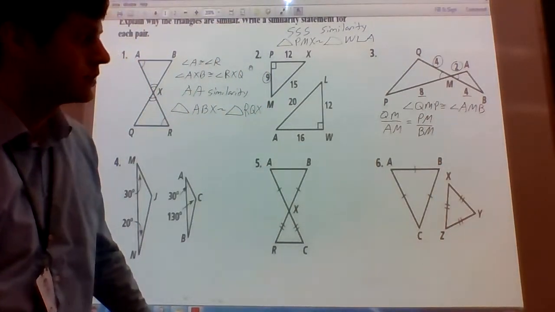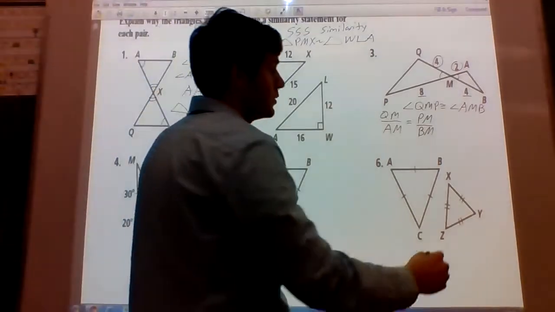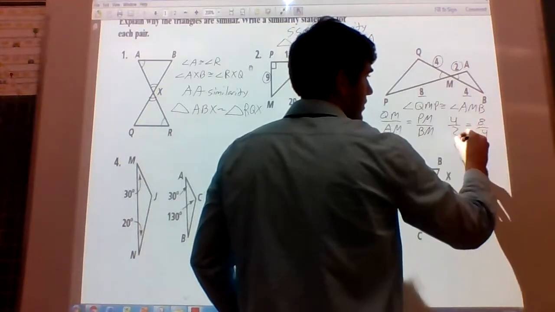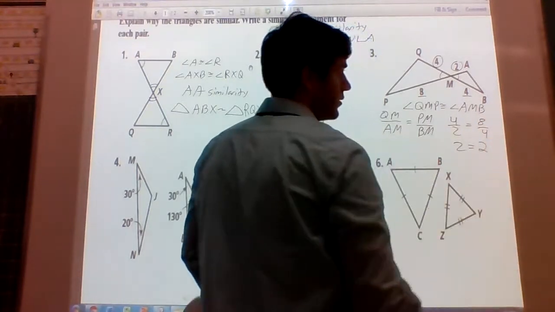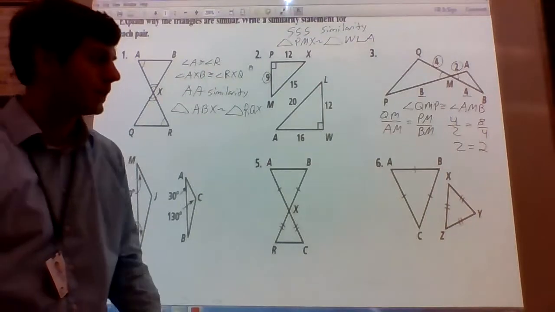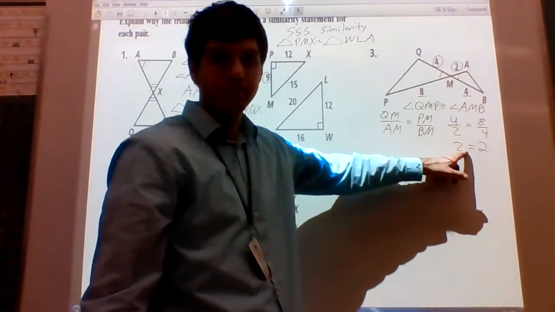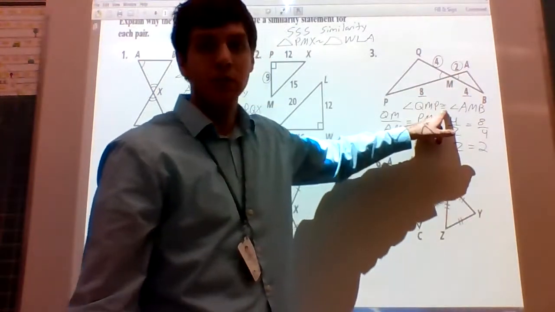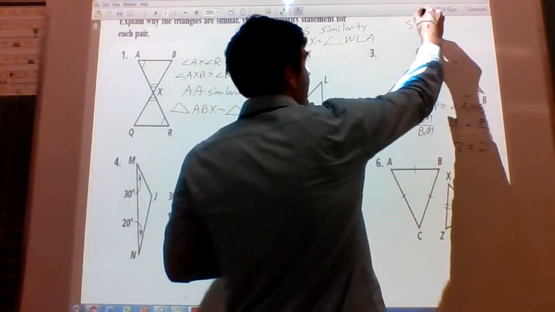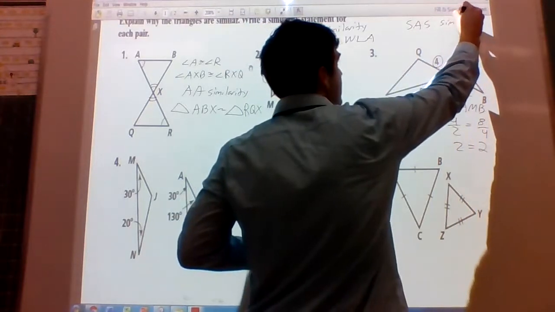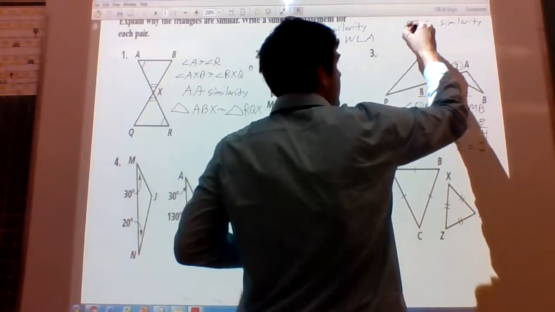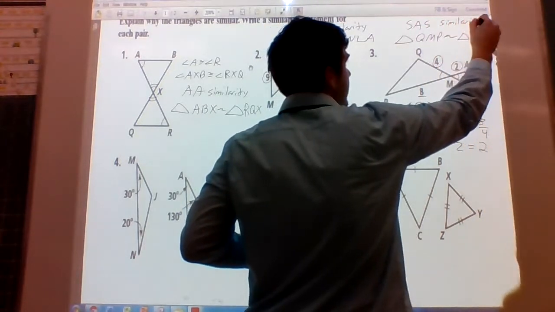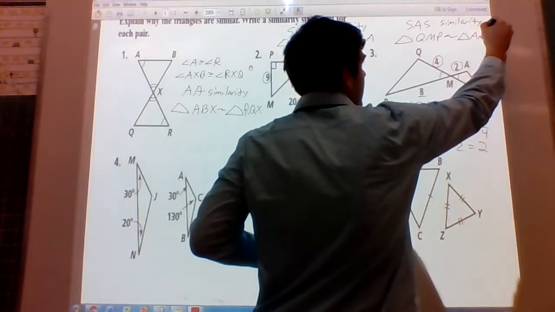Okay, ratios. Again, QM corresponds with AM, and then PM corresponds with BM. That's going to give us 4 over 2 equals 8 over 4, which gives us 2 equals 2. Okay, so we have 2 pairs of corresponding sides that are proportional. Because the ratio is equal, they're proportional, and the included angle is congruent. So by side angle side similarity, we know that triangle QMP is similar to